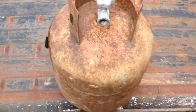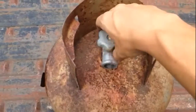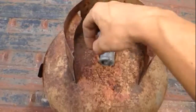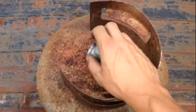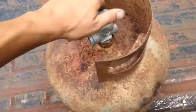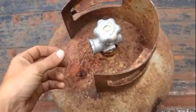I really like these ones. These are the older ones with the aluminum tap. The older ones, when you open them up like that, they'll piss out. But the more modern ones have a safety valve in there, so you can open it up, but the gas won't come out. The only way the gas will come out is if you screw